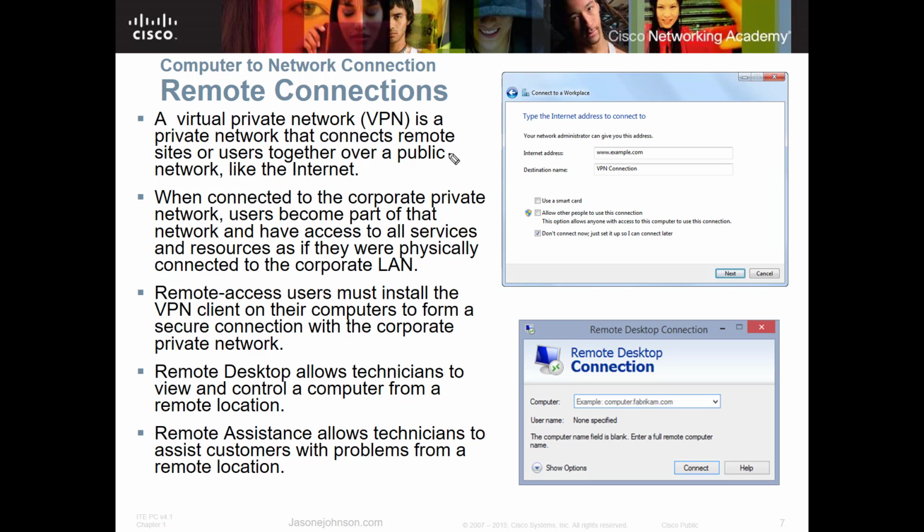With a VPN you can use a corporate private network. Companies will set up VPNs so that employees can connect to them. It's basically setting up a portal between two devices on the internet, encrypting that information between those two points. Let's say you stop at a hotel and get on your local internet connection.